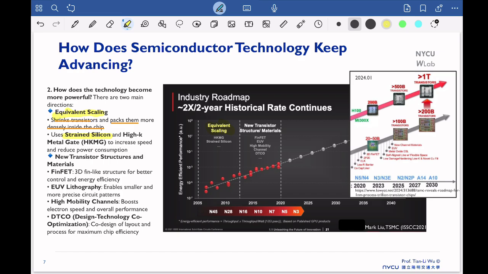We try to put an additional mechanical stress on it, and then we call it strained silicon. And we also have another one called the high-K metal gate. So these two are the two main novelties that allowed us to do the first step to keep following Moore's law. That was happening between 2005 and